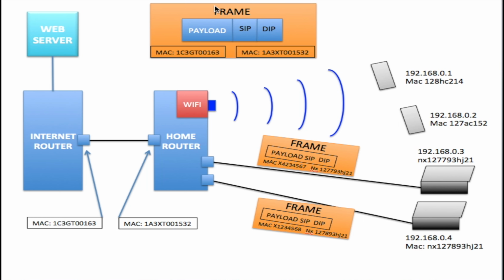So this frame would be sent from this router to this one. When this router receives it, it will do the same thing. It will check to make sure that the MAC address on the envelope is the same as the one built into its network card, to make sure that frame is really meant for this router. So once that's been verified, then it would go ahead and open the envelope to see this information, which is